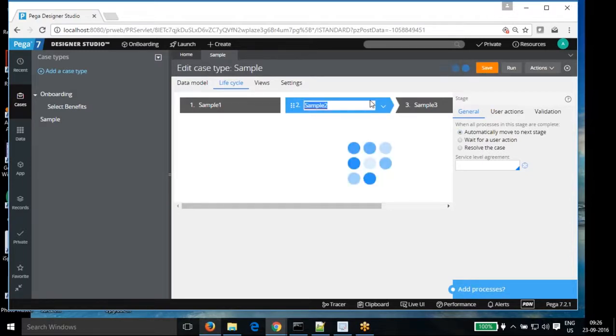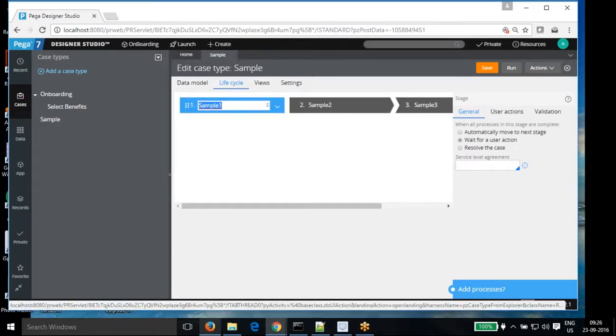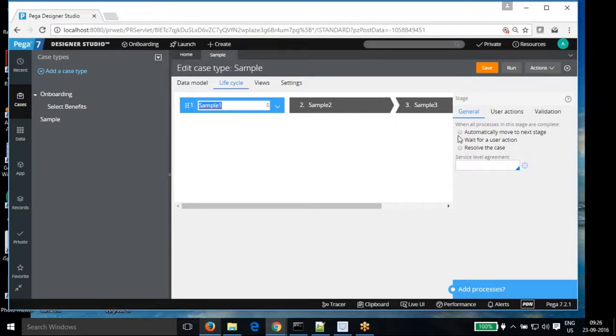You can see that the shape has changed. By looking at the shape, you can get to know what the transition is. Here I changed it again to move to the next stage, and the shape also changed.